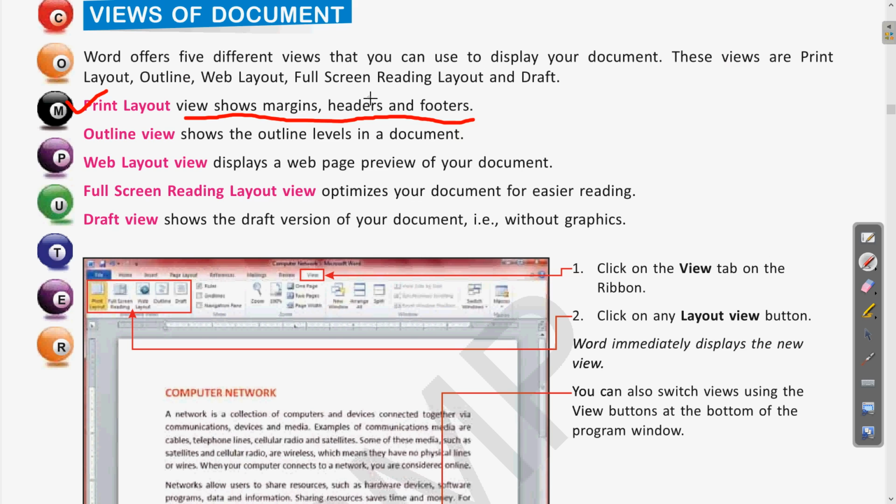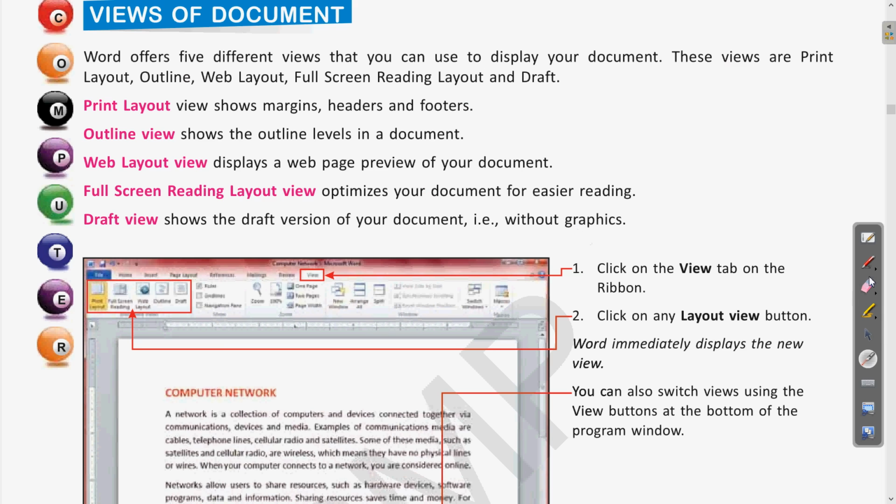So in that we can see the header and footer of the page. Clear? The margins of the page will be visible. The margin is the area which is left at the sides of the original text. Clear? As you can see, above the page there is some area which is left, then to the left of the page, to the right of the page. Clear? So this is called margins. Clear? So all these settings, all the features of this are available in the print layout.